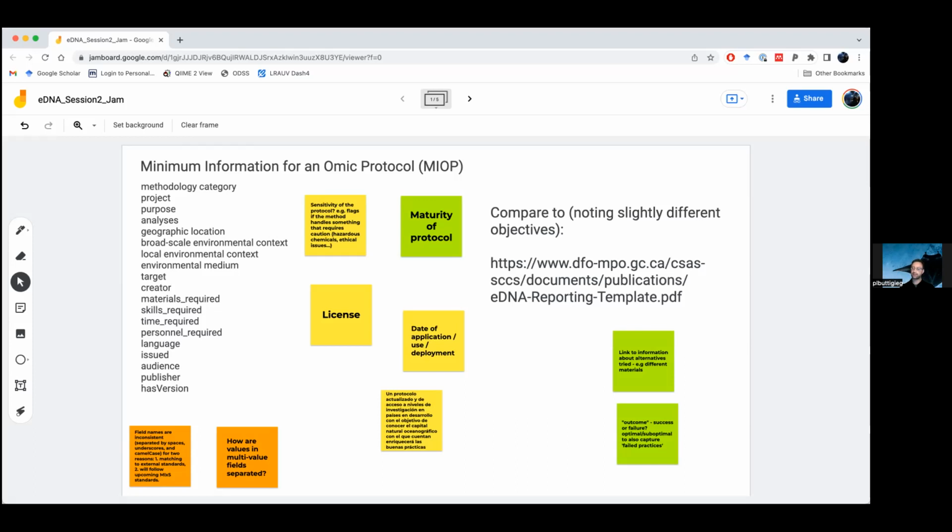And in the latest version of MIxS, I think it's 6 right now, they're getting a bit more specific about that. So inside the GSC compliance and interoperability group, the SIG, right? This is where we're sorting this out. There's also a technical working group where we're saying, okay, we're going to fix the units so that we don't complicate the syntax. There have been a whole bunch of recommendations, and in the next version, it'll be implemented. For MyOp, we don't have to wait. We can do it correctly, so to speak, right off the bat, and say, okay, here are the units for each one. But you brought up the geographic location.